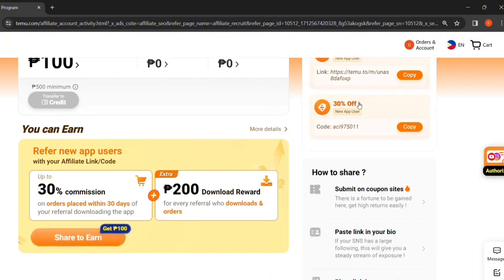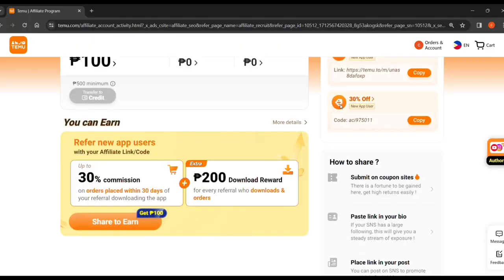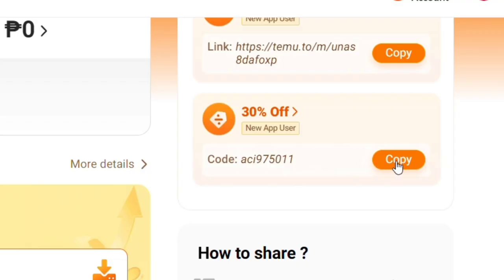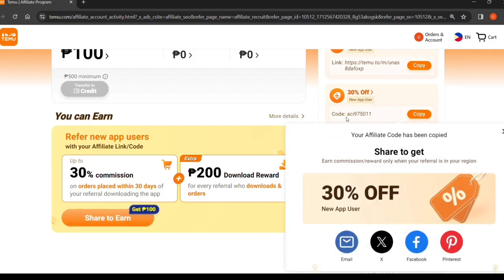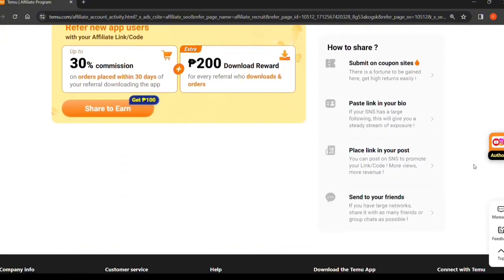Okay, and you can also have 30% off if you click on it. So right here, new app users can redeem your code to enjoy a 30% discount. And right here also, you can redeem the code between 1 to 24 hours after first downloading. So the very first time you create your Temu affiliate program, you'd be able to have a lot of free benefits on this website. And if you think you don't have any idea on how to do it, don't worry,